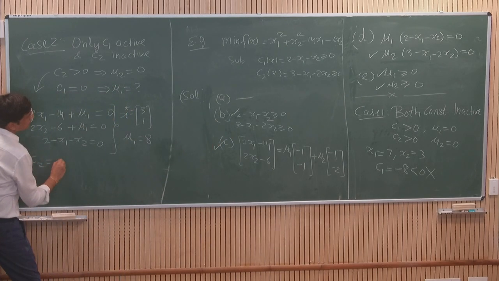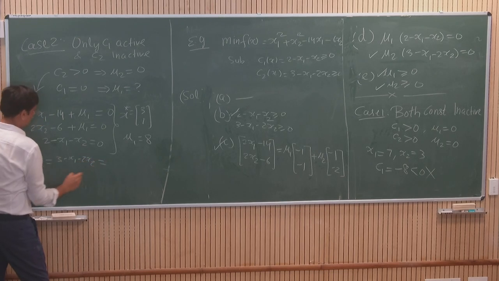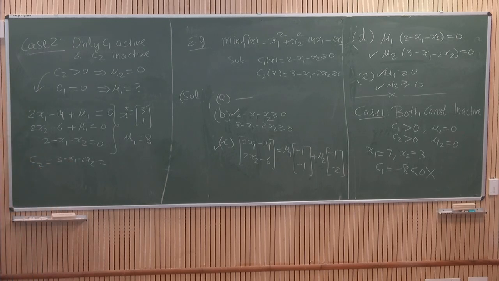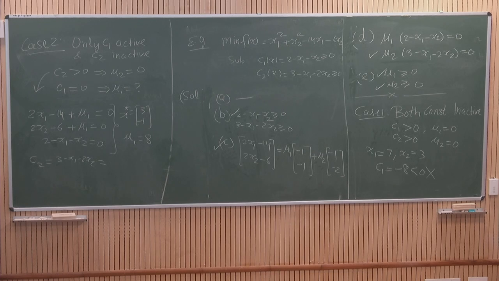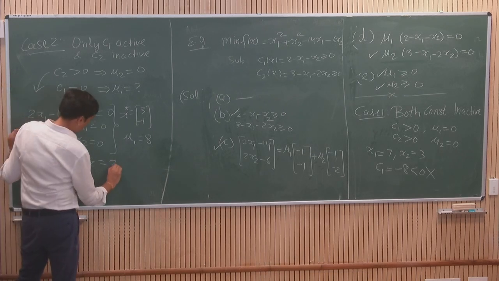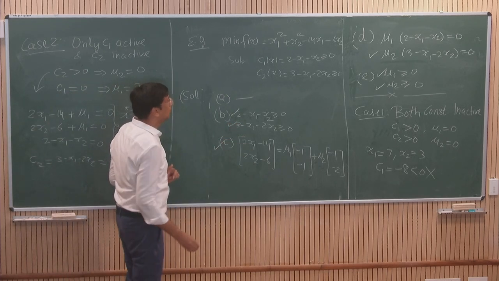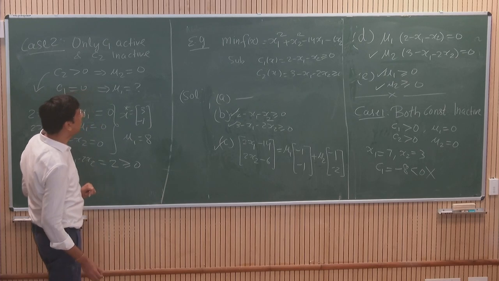So C2 is 3 minus x1 minus 2x2. So that will be 3 minus 3, 0. Something is wrong. It's minus 1, sorry. It's minus 1, so this will turn out to be 2, which is greater than or equal to 0. So you're done with this. And now is the product of mu1 and